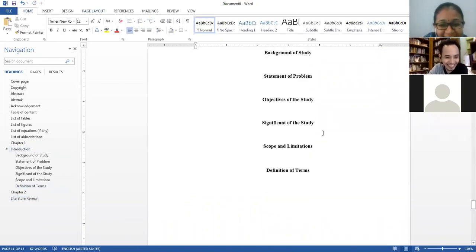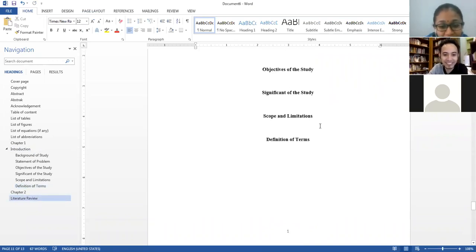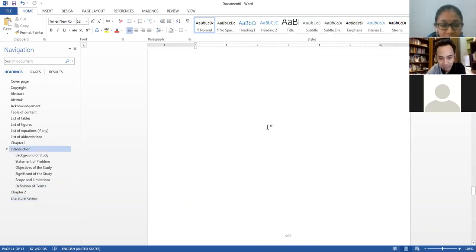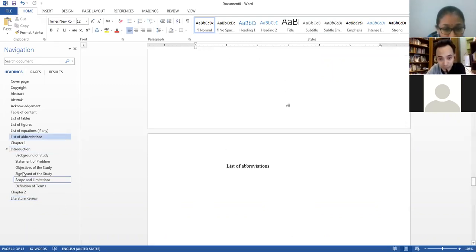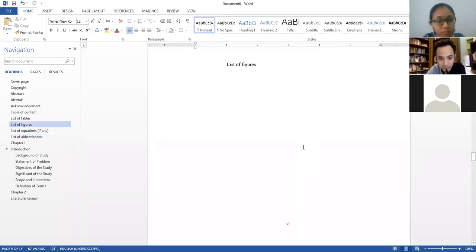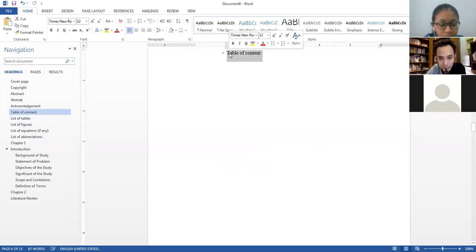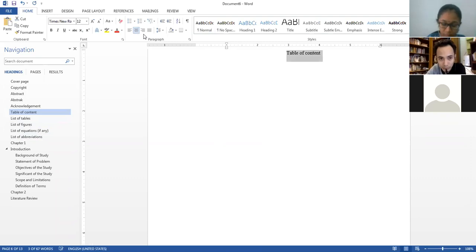So we are done with the page formatting. Now because we already set up our navigation pane, for example, you want to insert your table of content. I do not know how you did it previously.